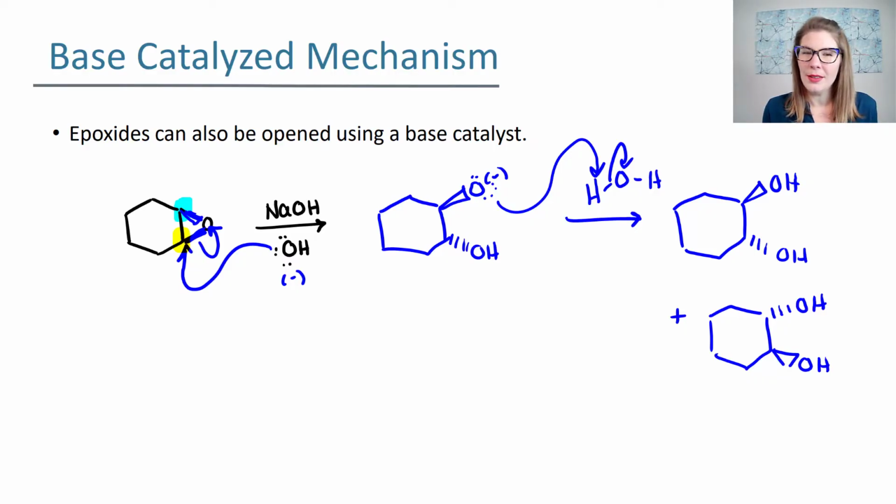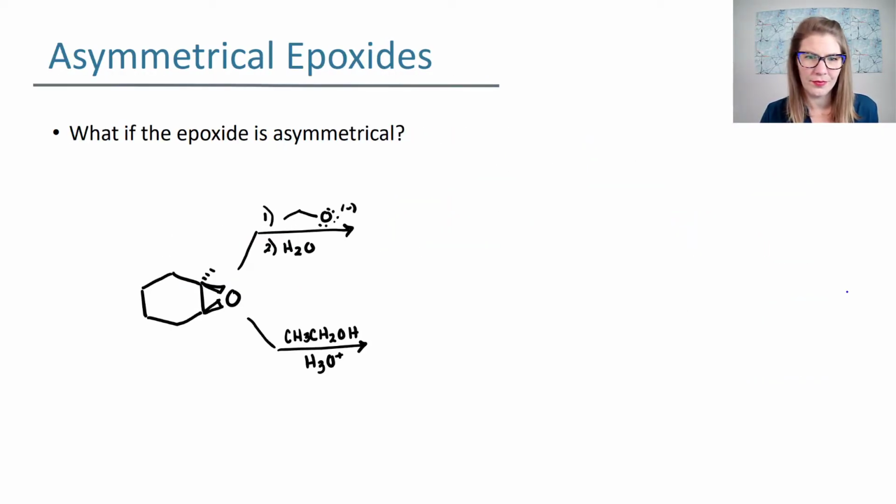Okay, but what happens if you don't have a nice, cute epoxide that's perfectly symmetrical? What happens then? Well, if your epoxide is asymmetrical, then we have to consider some regiochemistry. And the regiochemistry changes based upon if we are talking about using a base catalyzed ring opening or an acid catalyzed ring opening. If we have a base catalyzed ring opening, which is what we're seeing in this first example,